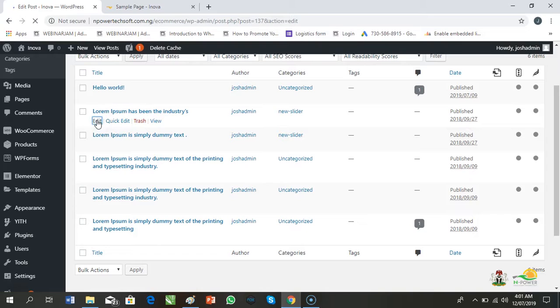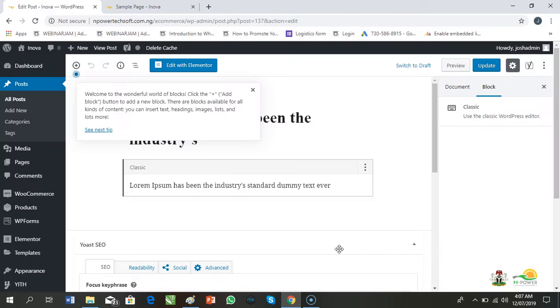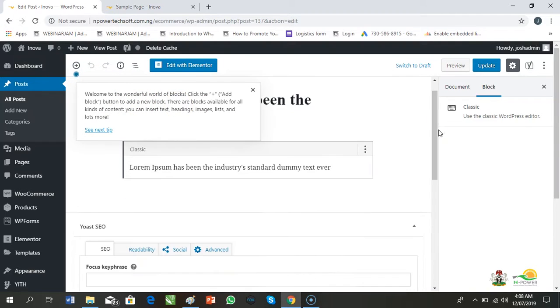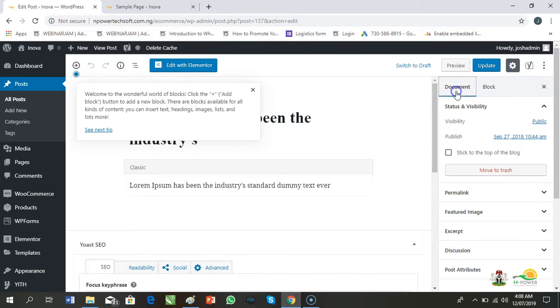This is a place to do much more robust editing of the post. Like we always know, WordPress is a very user-friendly content management system. With this plus sign you can add a block, basically everything there is.